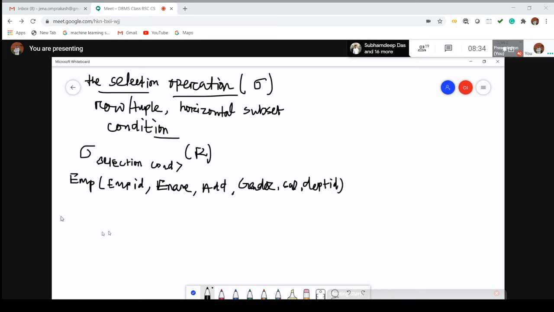The department has department ID, department name, and department location. Let me have these three attributes: department ID, department name and department location.